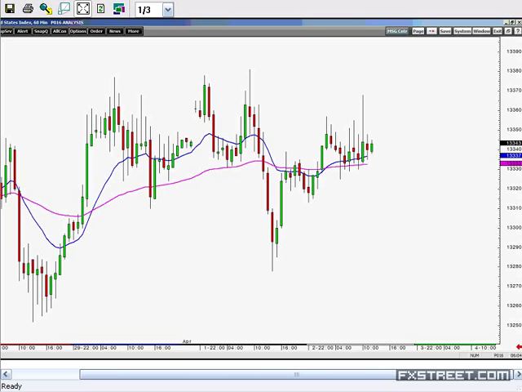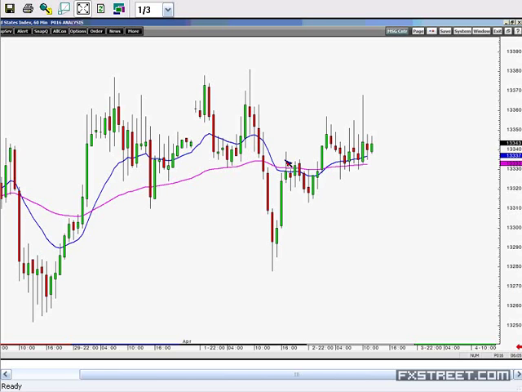Now the reasons why I look at these exponential moving averages: I don't use them for crossovers. I'm not looking for buy and sell signals when the short crosses the long or the long crosses the short. I'm looking at them for support and resistance. I'm quite fanatical about fib levels, and the 62 EMA is as close to a 61.8% as I can get. Through years of back testing, I know that if I lay these on currency charts, stock indices,